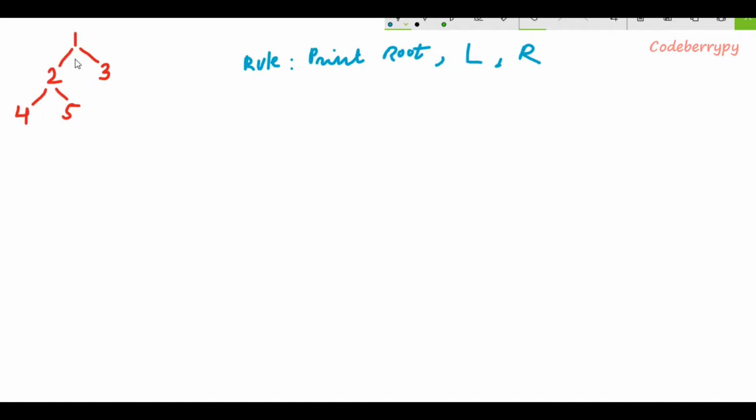So the rule is very similar. Here, pre-order means something you are doing early, and that is you are first printing the root, and then you are moving to the left subtree, and then you are moving to the right subtree. So you see this binary tree. First you print the root, that is 1,